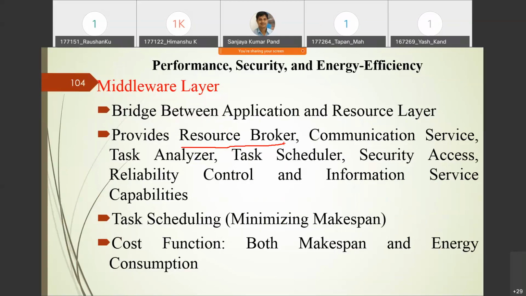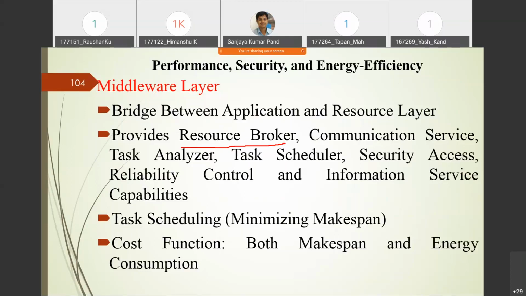When you have 5 people and the number of food packets is 5, there is no need of scheduling, right? You can assign 1 food packet to each individual person. But when there are 5 food packets and you have 10 people, then you have to decide who is hungry and who is not hungry. That's why task scheduling comes into the picture if the number of resources is less in comparison to the number of tasks.